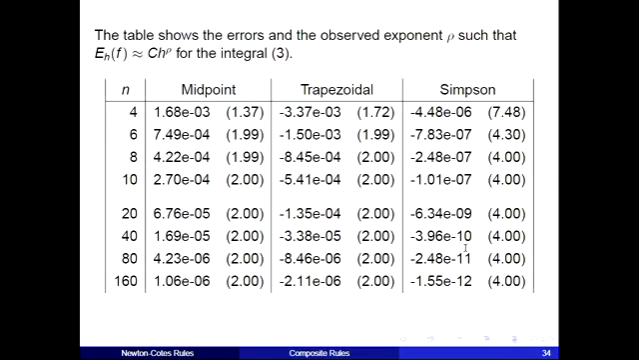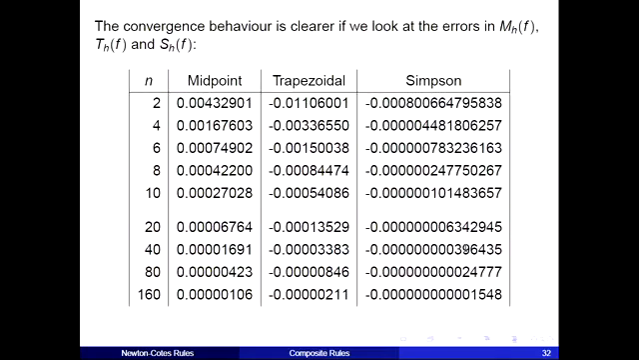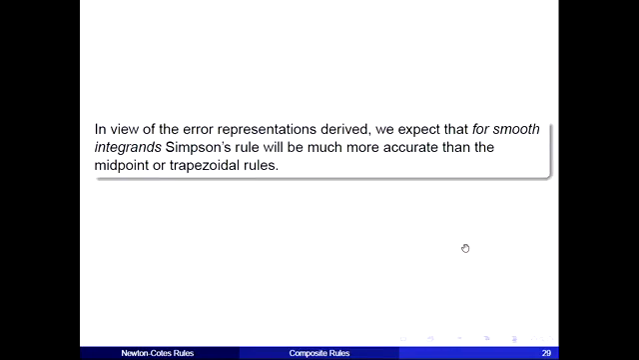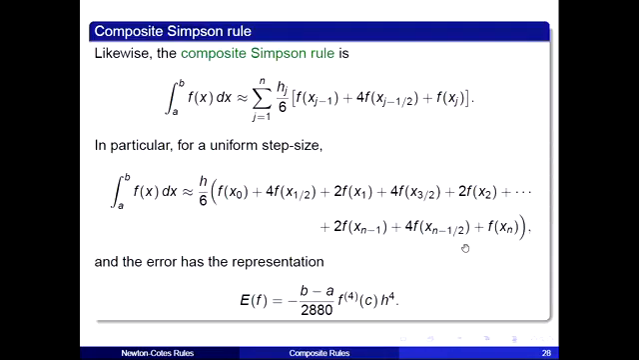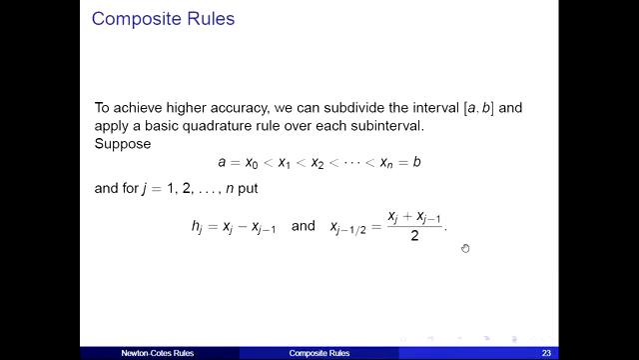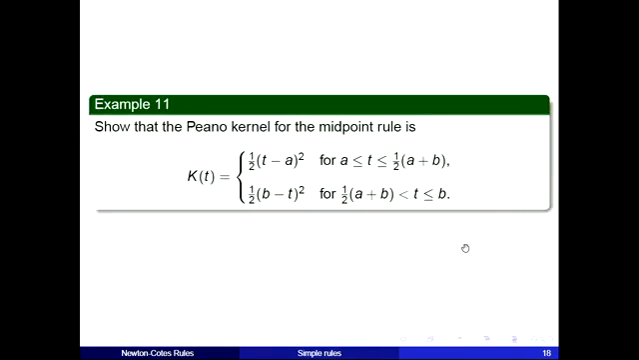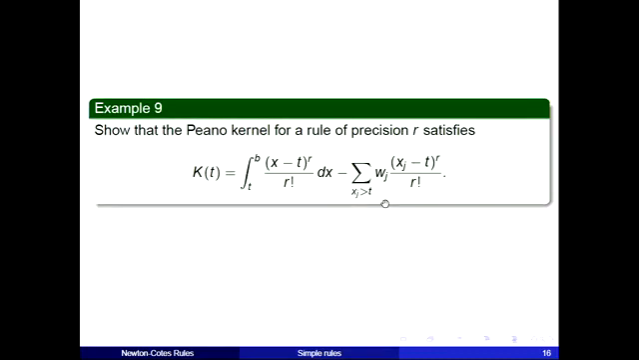Just when you said that, I think it was the Peano kernel for the midpoint rule, that when t is between b and a plus b over 2, I was wondering why isn't there a quadrature anymore? Isn't that because there are no more quadrature points left? I'm not really sure what you mean. You mean this one for the second point? Well, because of the formula. If you look at this formula,